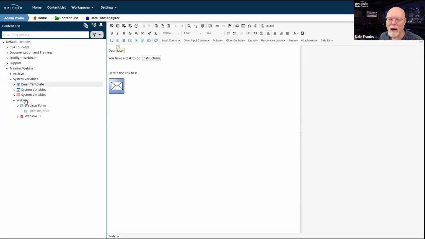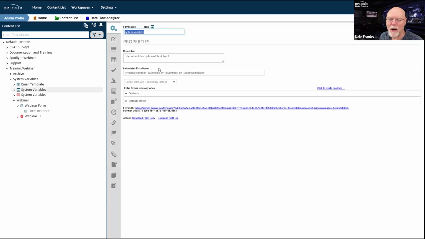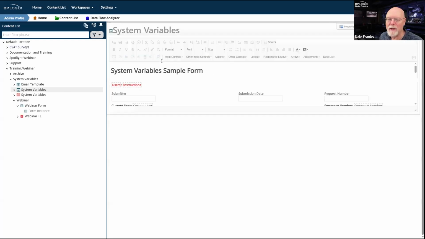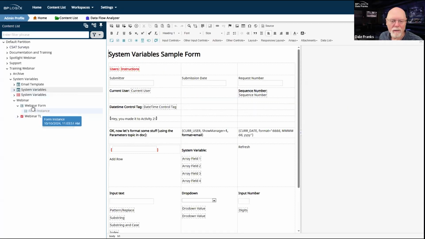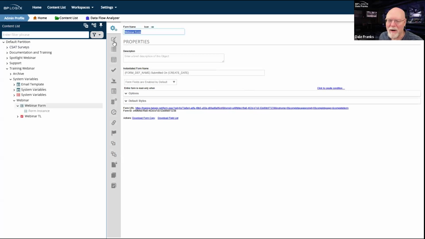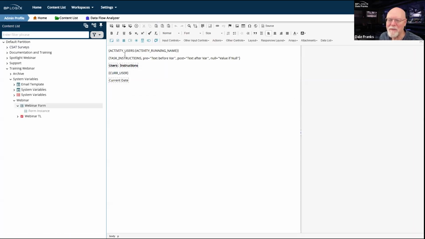So, like up at the top, well, again, that's the email. So, up at the top of the form itself, I could, well, keep opening the wrong thing. So, up here for my activity users, activity running name, I can just add in pre equals active user and save that.